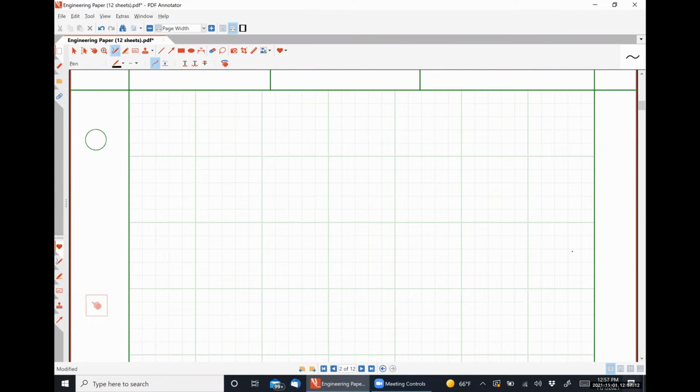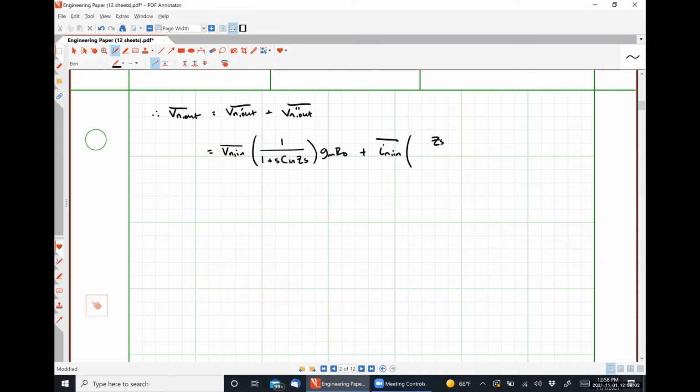So doing that here, we can say that Vn out is equal to Vn out prime plus Vn out double prime, which is going to give us Vn in times 1 over 1 plus SCN ZS times GMRD plus IN in times ZS divided by 1 plus SCN ZS times GMRD,